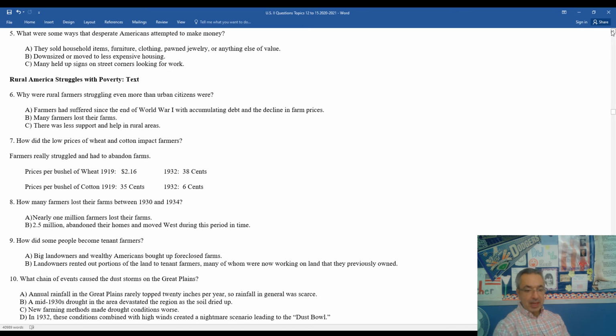Some people became tenant farmers. Big landowners and wealthy Americans bought up all these foreclosed farms. And then they rented back to the same people who might have owned the land for generations previously. And then they would work that land and they would pay either a rent or they would give a portion of their crop yield to the large corporate farmer, the big wealthy person who bought up the